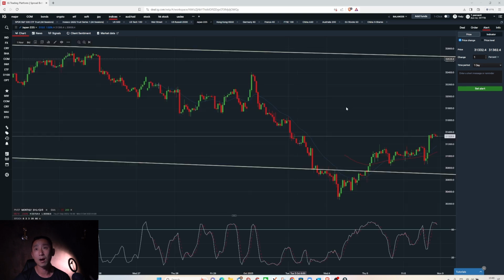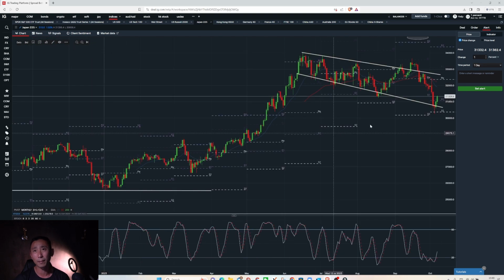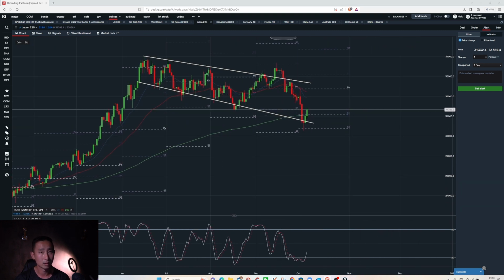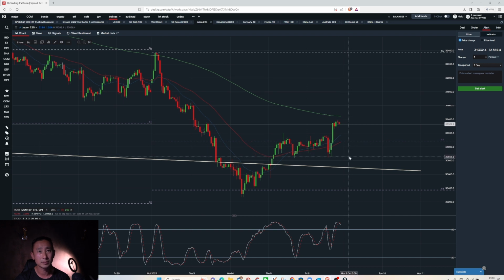Nikkei, the final one, is trying to break the channel, is now above, so it could be on my list to trade back up to the monthly pivot area. So keep an eye on that. It could be an option. So let's drop down to hourly and see where is a relevant area that I could be a buyer. Maybe, I mean, multiple areas could be a pullback and found support around this